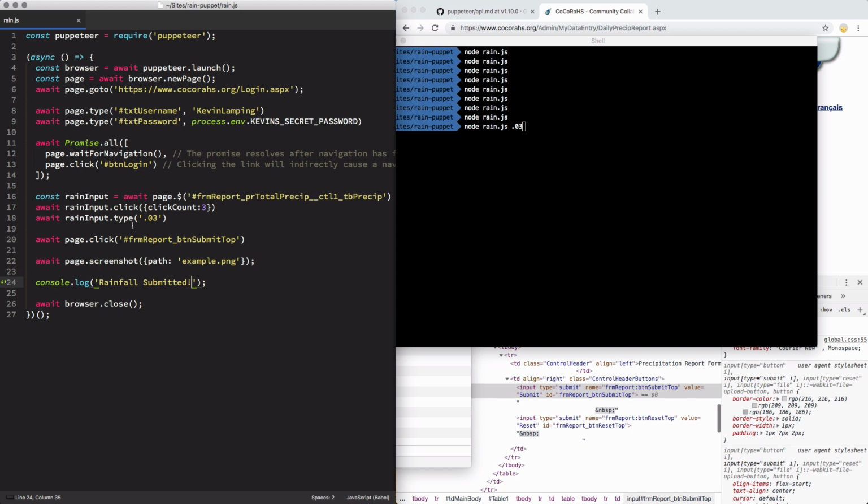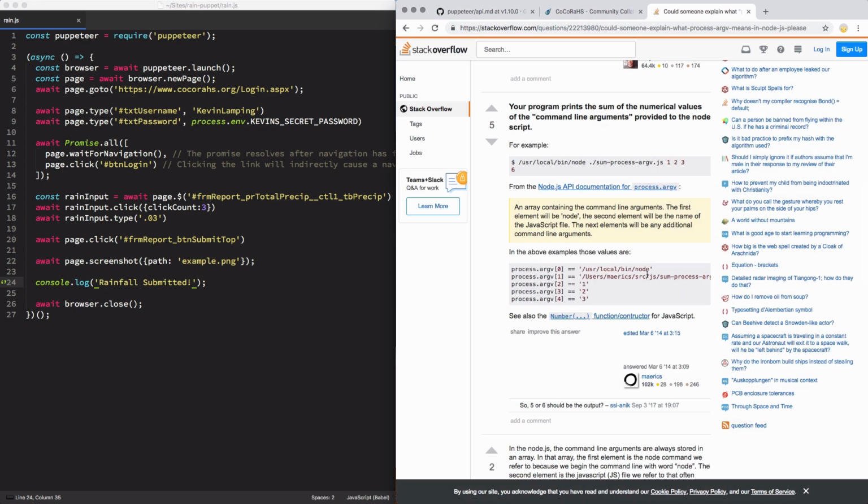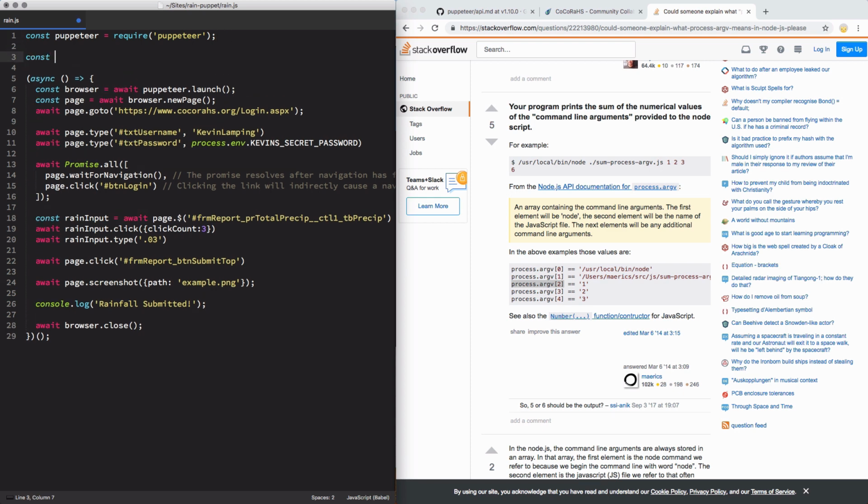and let me bring up the Stack Overflow page that kind of explains that so that you can see in a little bit clearer terms what I'm talking about. So there's quite a few different answers out there, but this is the best one that I found really quickly. Basically, it shows argv takes the arguments that are passed in when you run your script. So 0 is equal to the first one, which is node, 1, the second, which is the script that you want to run, and then your arguments here go 2, 3, 4. So the one that we want is the one on the second index, which is going to be the actual argument place. So I'm going to copy this over, come back to my script, and say const amount is equal